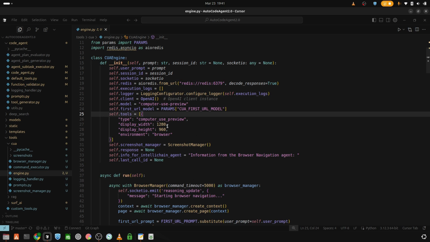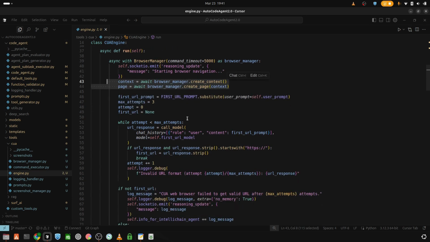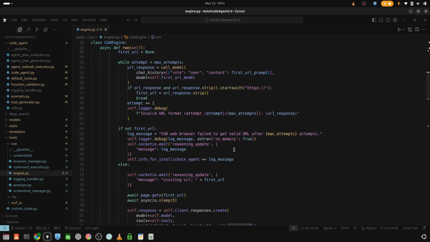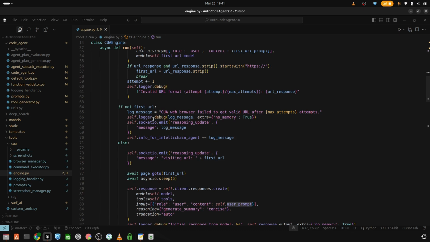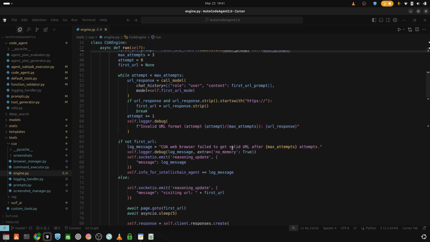The primary method, run, employs asynchronous programming to manage browser sessions. It initiates a browser context through Browser Manager and requests an initial URL using the first URL prompt template and OpenAI's model. The method handles retries in case the URL response isn't immediately valid. After successfully obtaining the URL, it navigates to the web page and uses OpenAI's model to interpret user prompts into